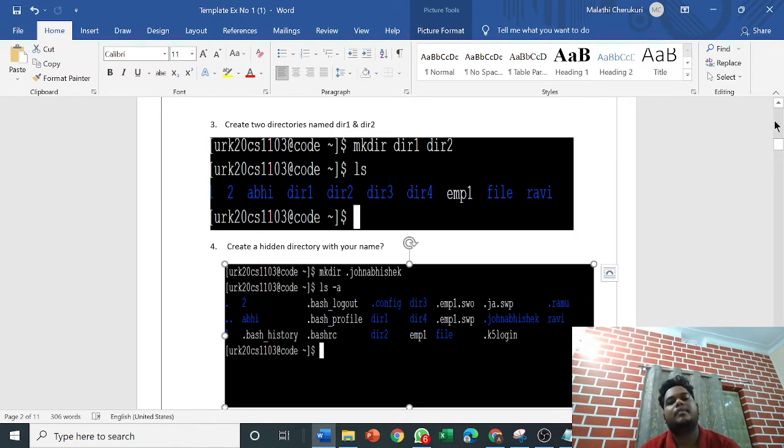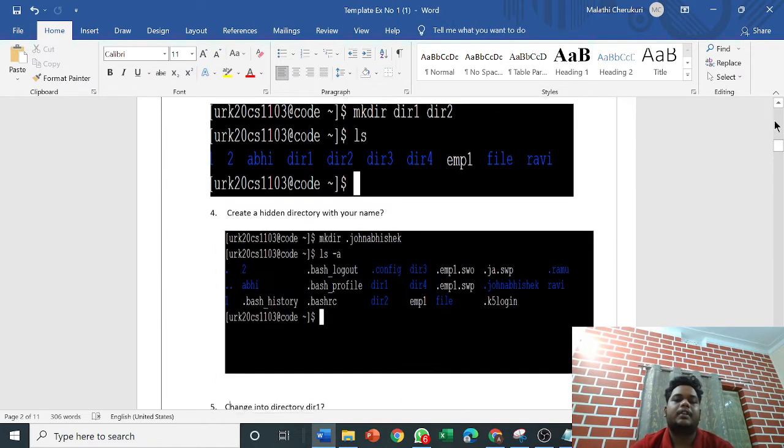So I've given mkdir dir1 dir2 and created them. After that, to know whether the directories were created or not, I used ls, which is basically used to list the directories. There we can see that dir1 and dir2 are there. So I used that command for checking purposes.